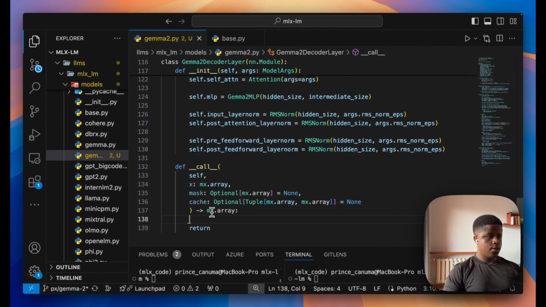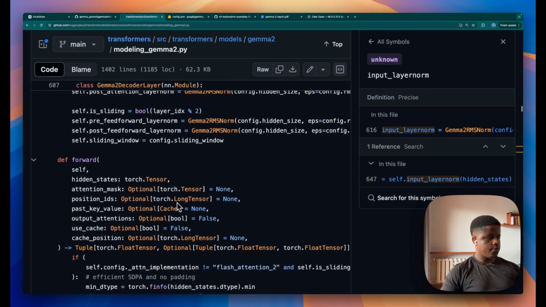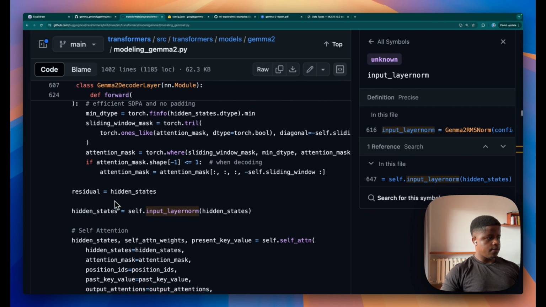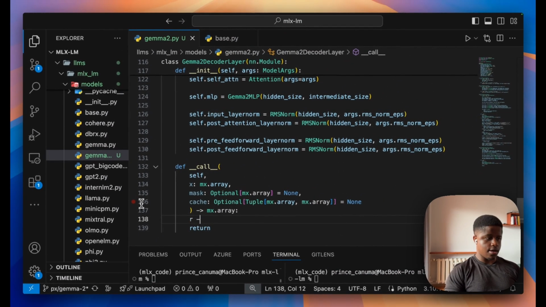So, all right. What is our logic? We can look here for guidance of what we are going to do. We take the residuals and put them in from the hidden states. So we can say R is going to be X, but we don't really need to do that. So first our hidden state, or R, let's start with R. It's going to be